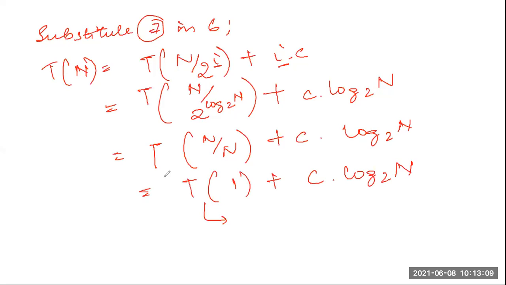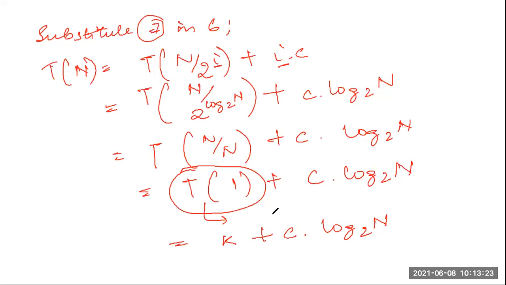So I will consider this entire t1 to be a constant time. I am just naming this as a constant, k. You can give it m, z, x, anything. So when one element is in the range of the search, no more iteration, recursion or breaking is required, so it will be assumed to be executed in a constant amount of time.